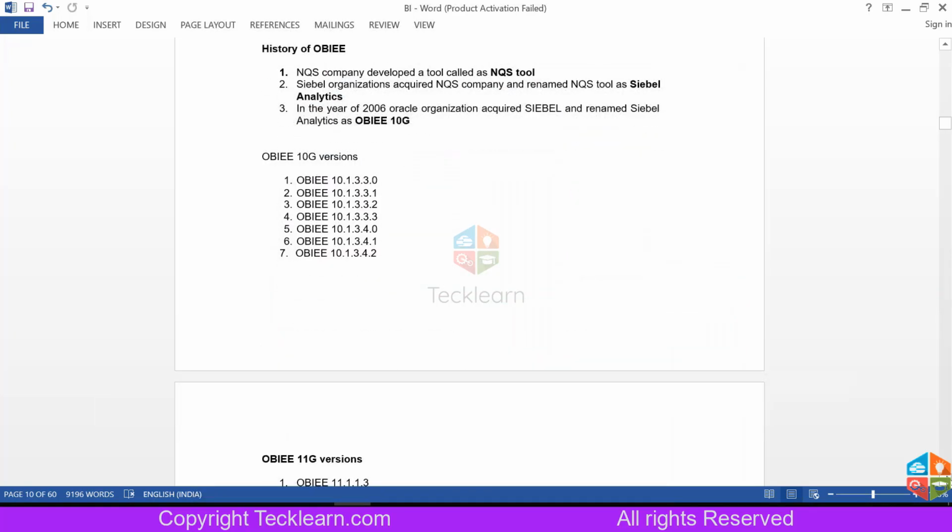So, the history of OBIEE: how it was started, what its previous versions are, what the current one is, and likewise. Basically, the NQS company developed a tool called the NQS tool. Even in today's OBIEE, you will have some configuration files named NQS config and likewise, which they haven't changed yet.